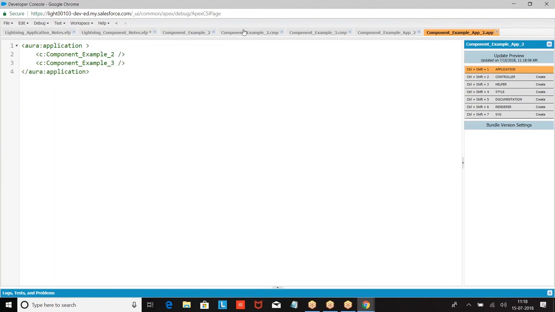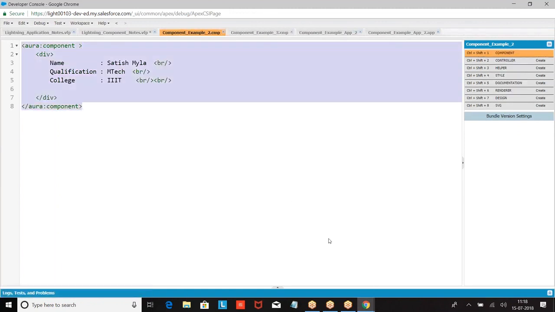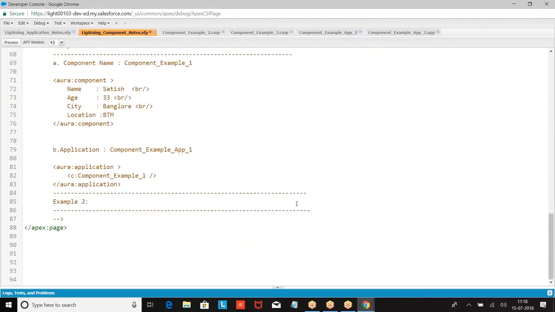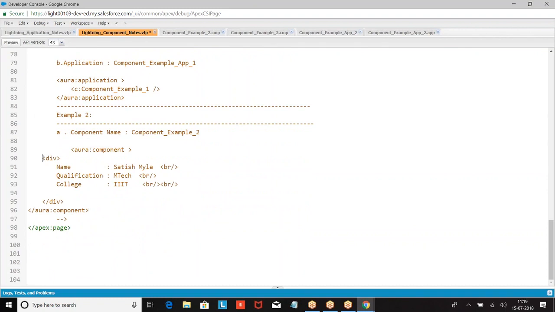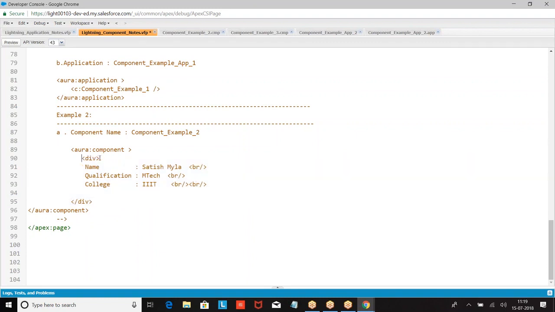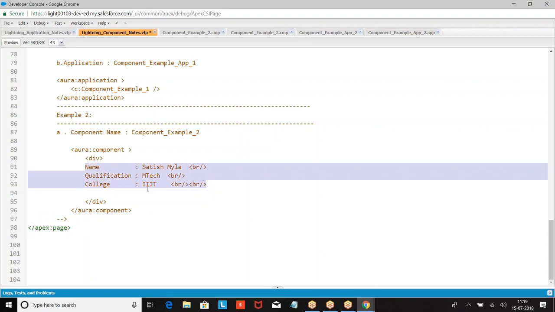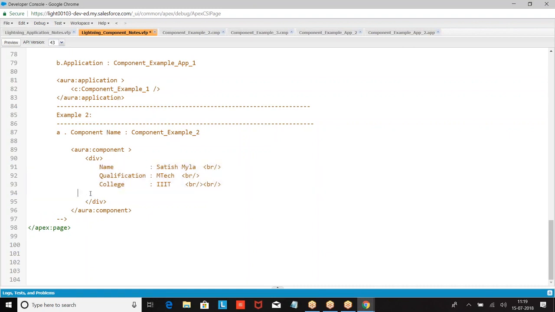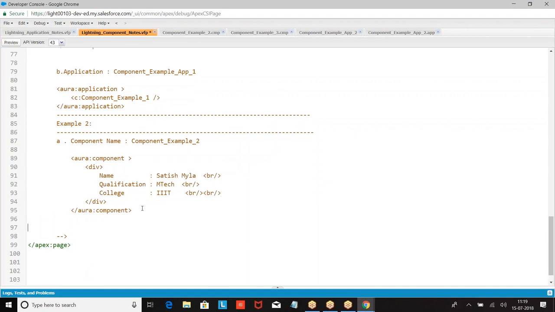So let us take an example. Component 2, component name.